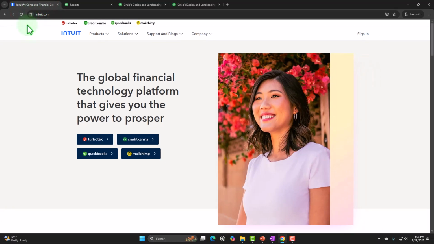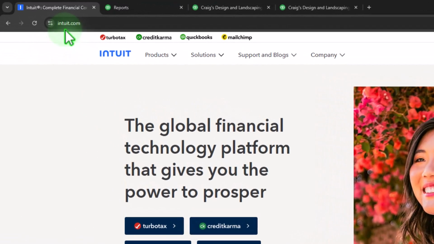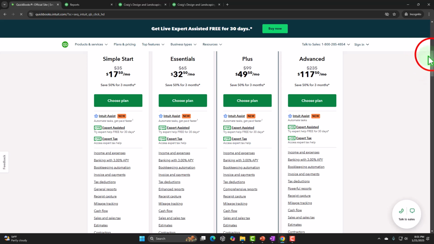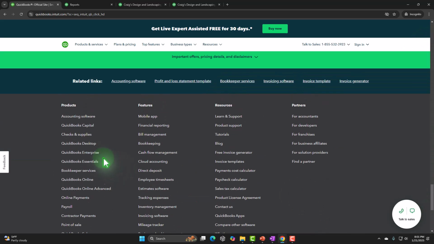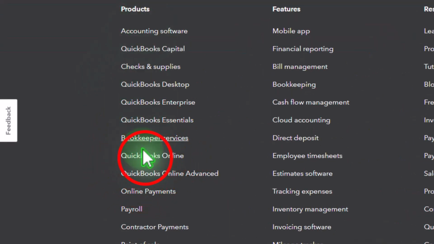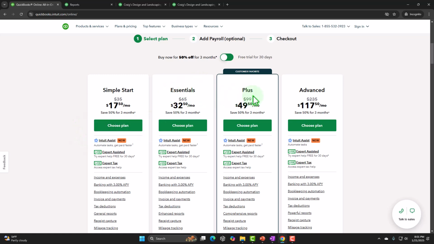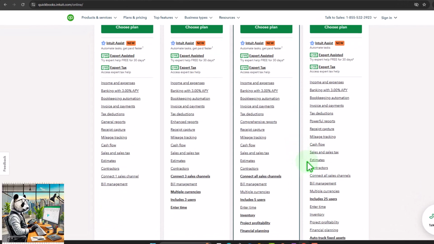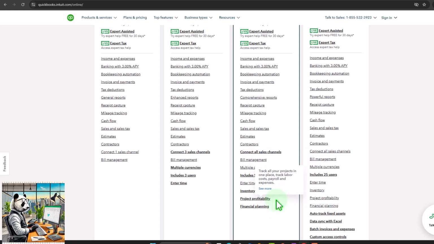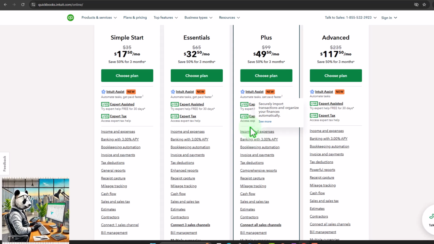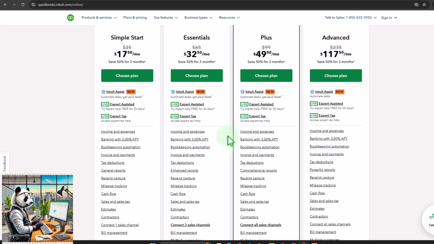If I'm in Intuit.com, Intuit's the owner of QuickBooks. I go into the QuickBooks item here, and then I'm going to go all the way down to the bottom so that I make sure I'm in the online. So this is where the products are. And then I'm going to go into QuickBooks Online. And you'll note that when you purchase QuickBooks here, this is the normal QuickBooks Plus. Notice at this point in time, I don't believe it has much with regards to payroll in this information here, which is a little kind of deceiving,